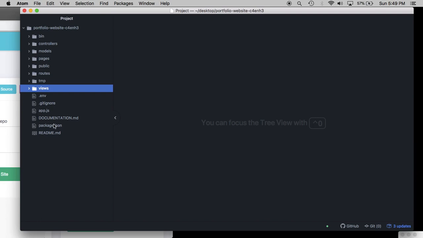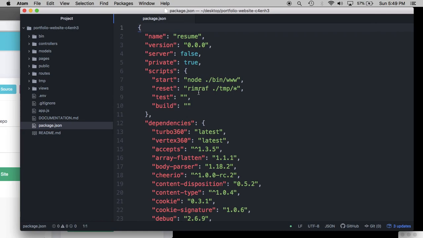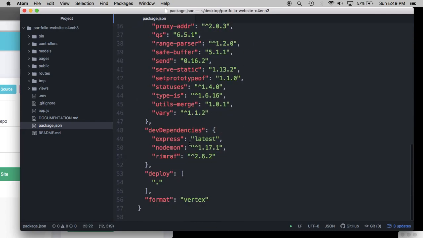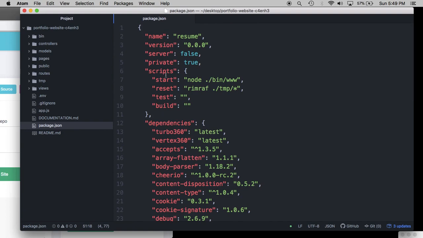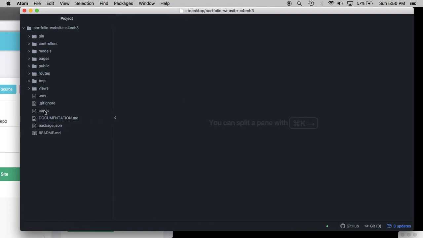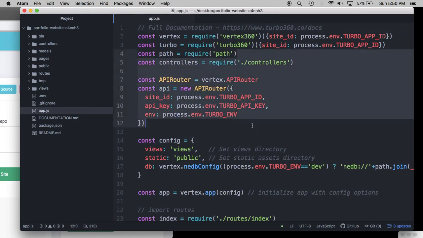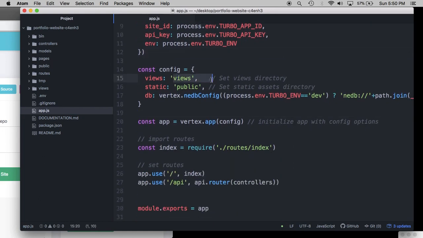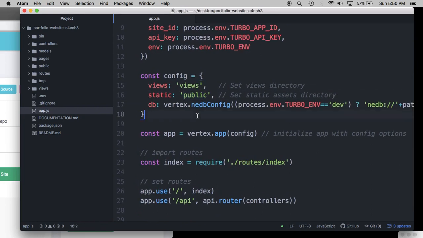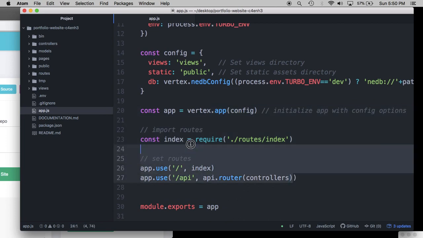This is a Node Express project, so if you start out with the package.json, you will see our dependencies, as well as a couple dev dependencies and some basic scripts here. And this is all set to go. We normally wouldn't do much here. If you look at the app.js, this is where we import a lot of the routes and set our views directory, our static asset directory, which is going to be the public folder, and set some routes for request routing. That's done over here in the app.js, which is what you would normally expect in a